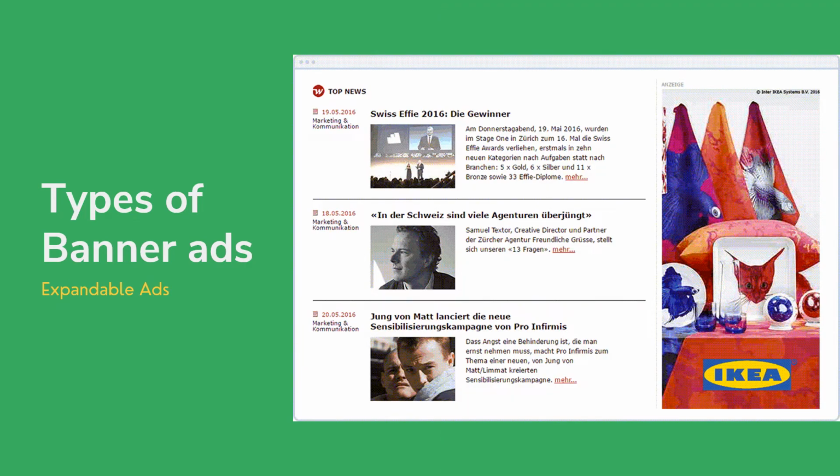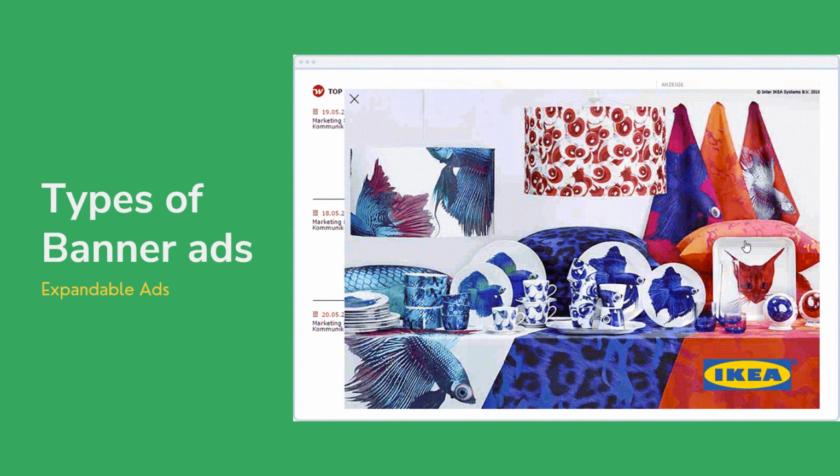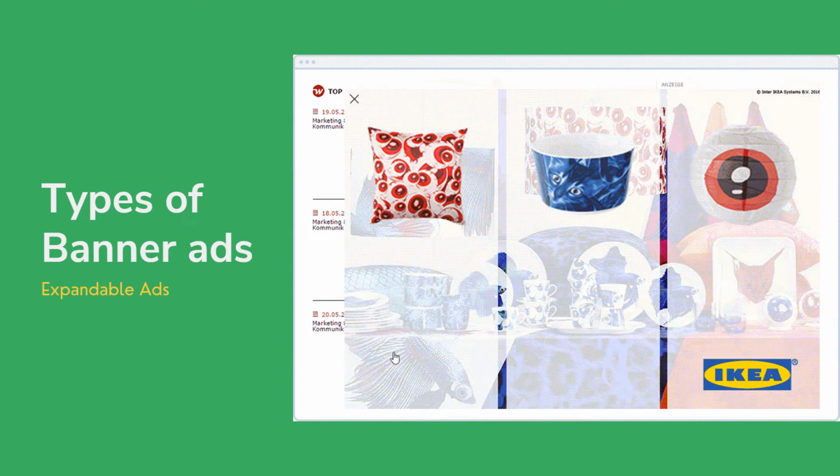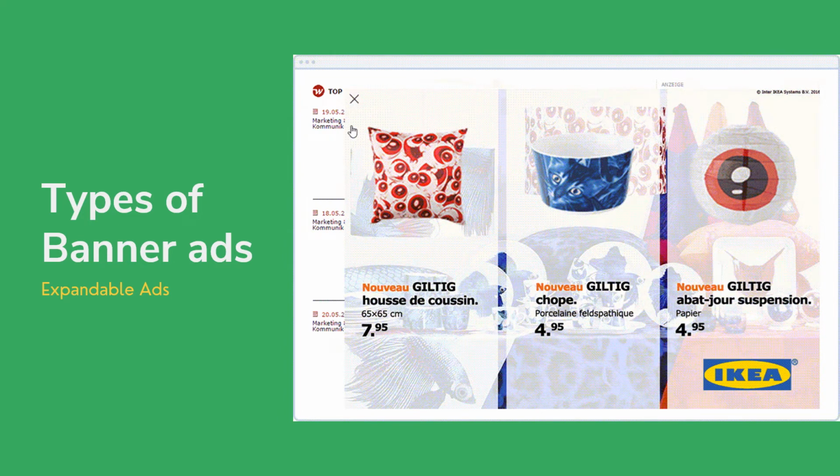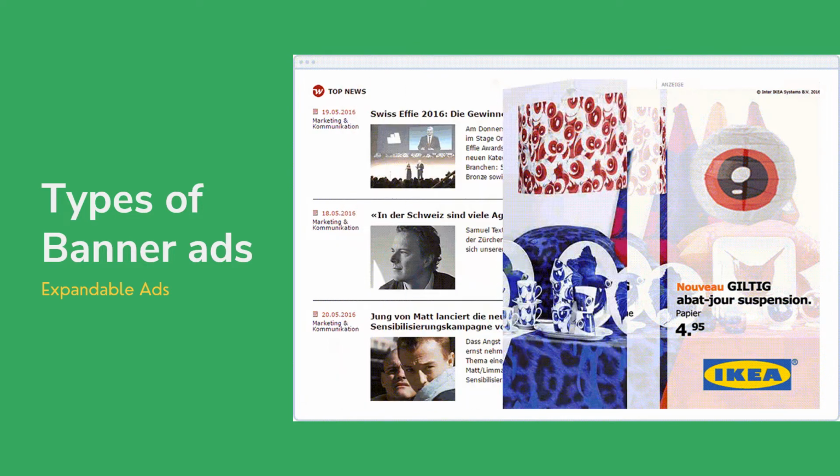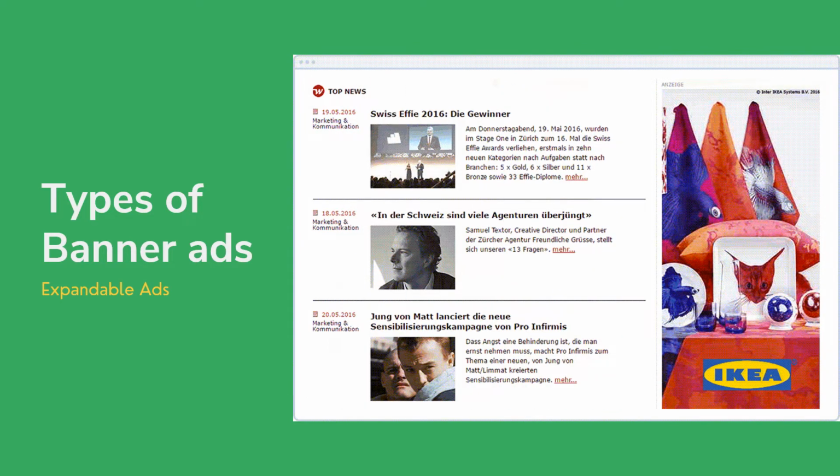We also have expandable ads, and these expandable ads are rich media advertisements that can be expanded beyond the original size of the ad unit. So, yung parang may clinic ka na ad and then biglang lumaki yung ad dun sa screen mo. Okay, so